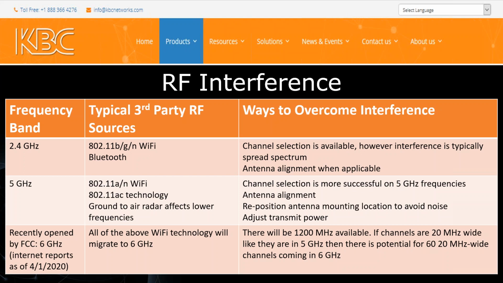the 5.1, 5.2 frequencies were available way early on, and then they restricted them, the FCC did, and then they reopened them again several years ago. So that's been back available to us for quite some time now. And so channel selection is more successful on 5 gigahertz frequencies, and antenna alignment is easier with 5 gigahertz and the directional antennas. We talked about that before. And so I'm going to kind of move through this